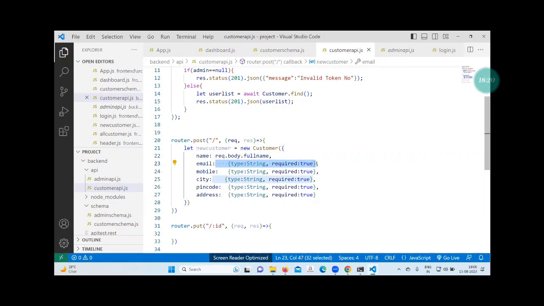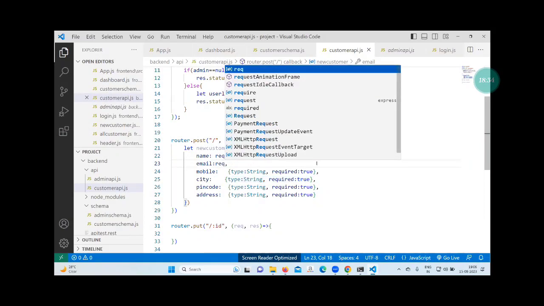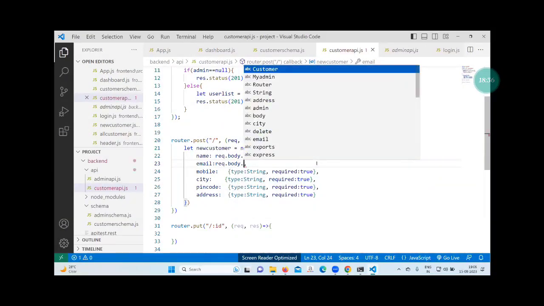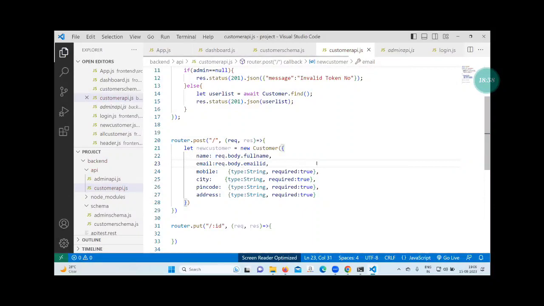Again here, see the right side is full name. It is coming from the React. And the left side is where? In the MongoDB. Name is in the MongoDB. And the right side full name is coming from where? React. Correct. And both are being captured by Node.js. Correct. And after that, Node.js will take from the React and give to MongoDB. Okay. Email: request dot body dot email. You should know what is the left and what is the right.